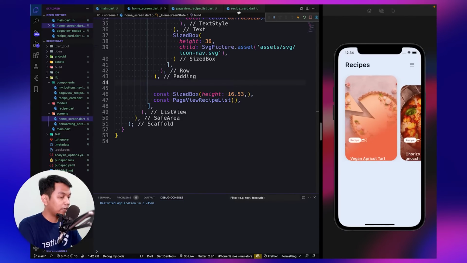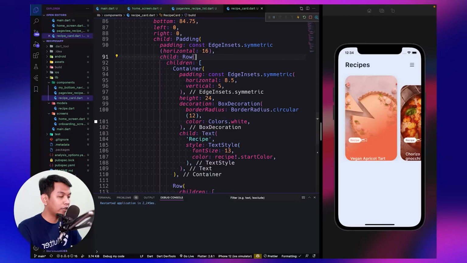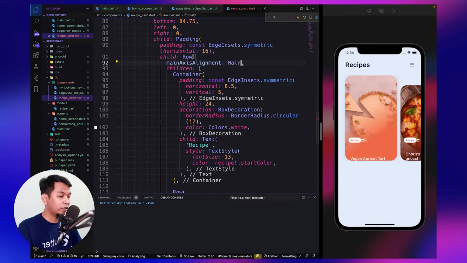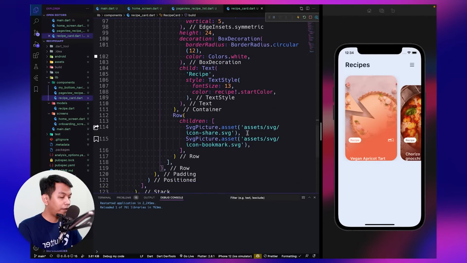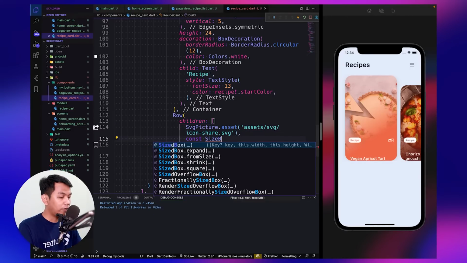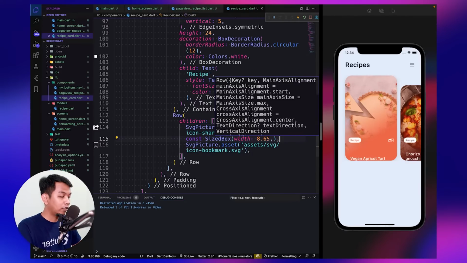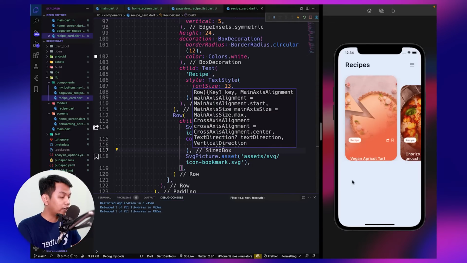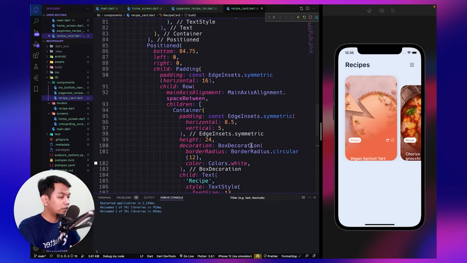Go to receipt card again, and let's go to our row widget, and here we say main axis alignment space between. Okay, look like this, and maybe here between the icons we add a size box with the width of 8.65, look like this.